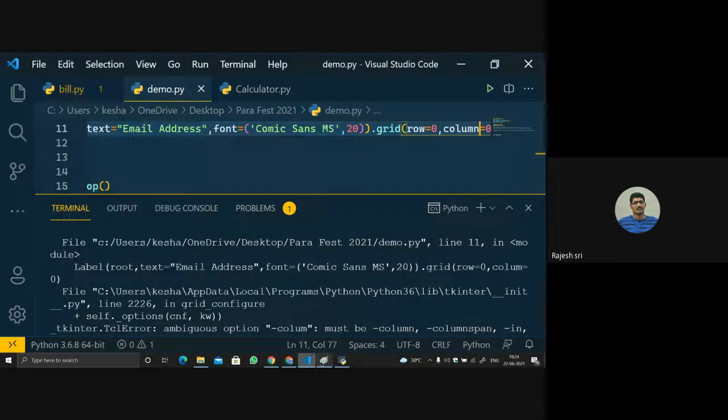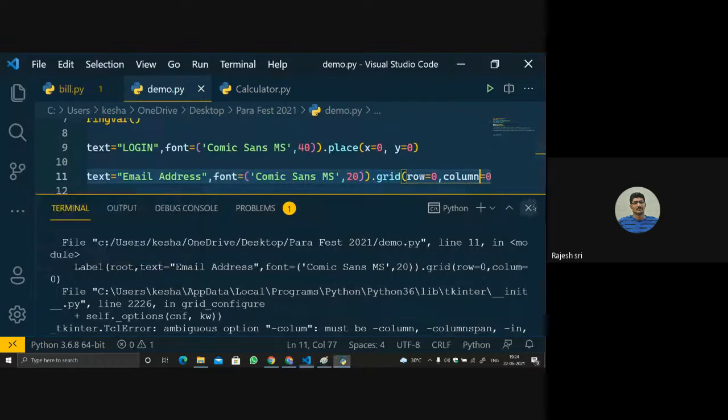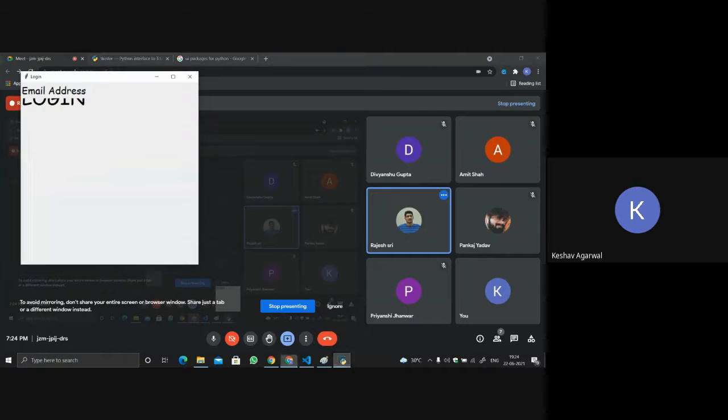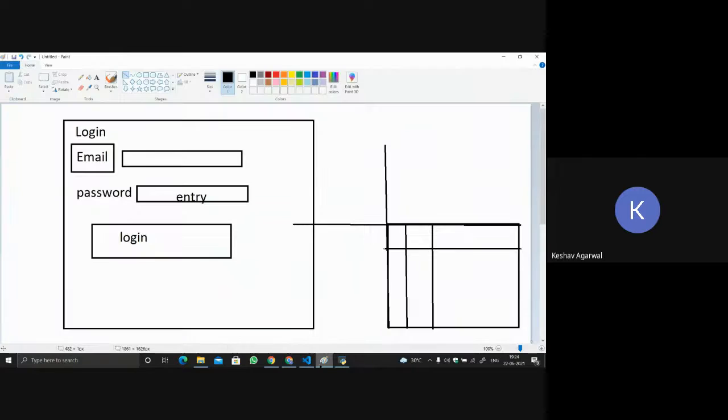Starting from the coordinates, the origin of 0, 0, x and y, it takes the whole window and divides it into grids, not just any part. It divides the whole window into grids.